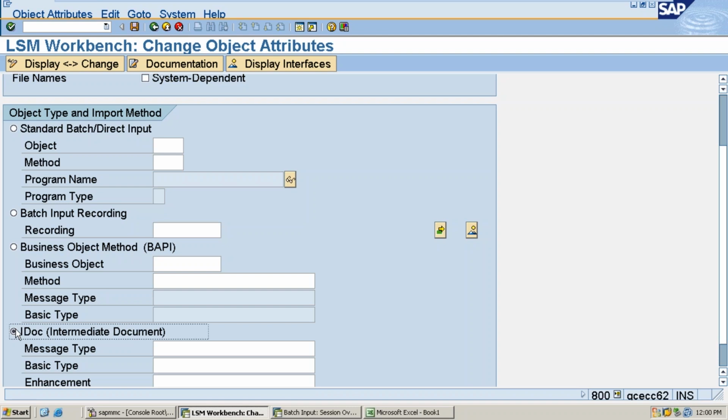You just say which options you worked on: standard direct input method and batch input method. The first two options are functional objects.